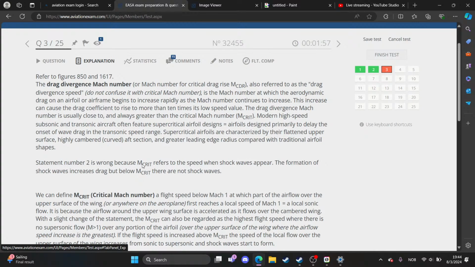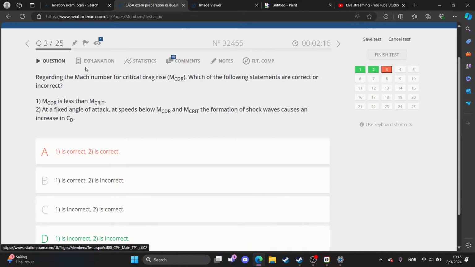Statement number 2 is wrong because the Mcrit refers to the speed of shockwaves up here. Formation of shockwaves increases drag, but below Mcrit there should be none. First statement and